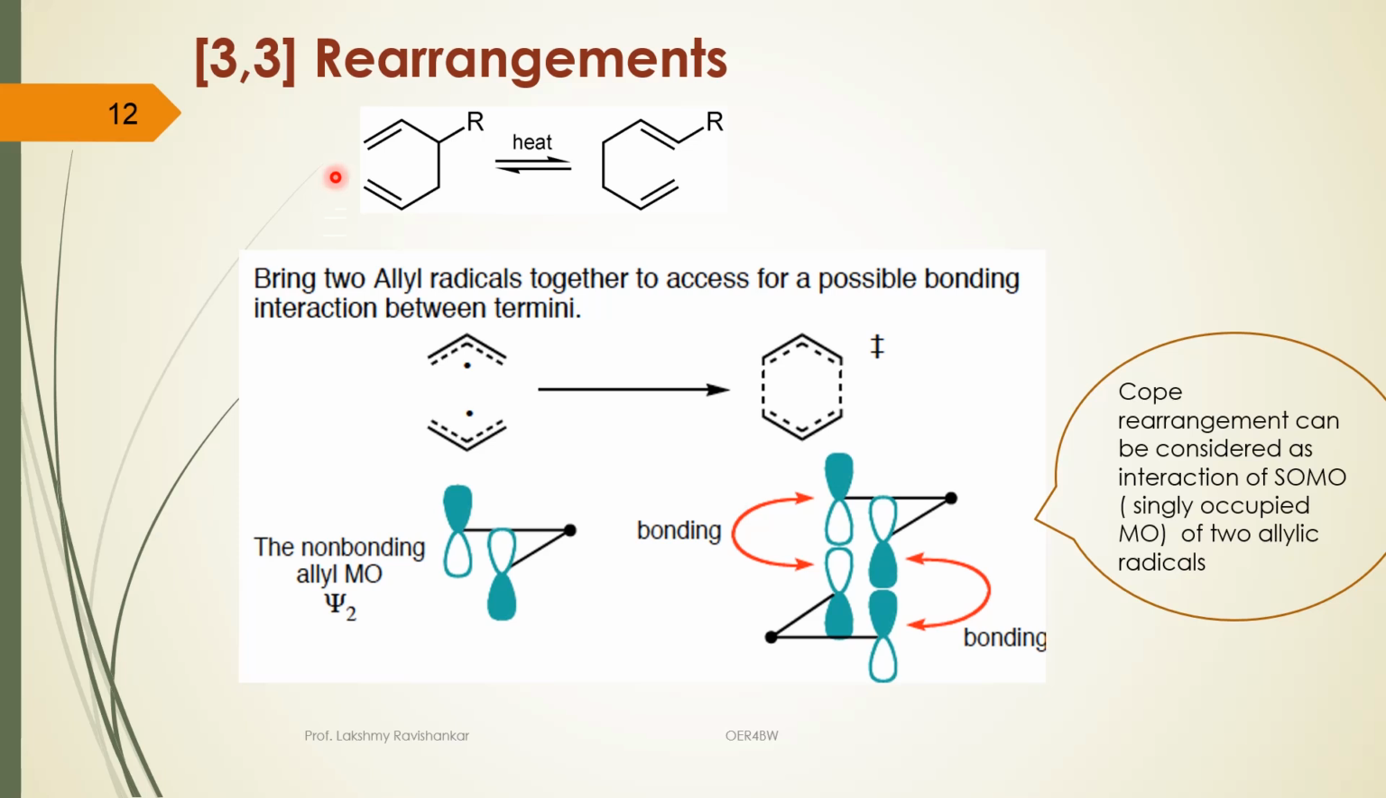For this, there are two ways to look at it. One is we consider this. Imagine that you are breaking this here. This is an allylic radical. This is an allylic radical. So bringing two allylic radicals together to access for a possible interaction between the termini. Now you know that allylic systems have got 3 molecular orbitals, and a radical will have the psi 2 as the molecular orbital in which you will have the single electron. So that is known as the SOMO, or the singly occupied molecular orbital. So two SOMOs of two allyl radical systems combined together, it's a superficial overlap resulting in the formation of the